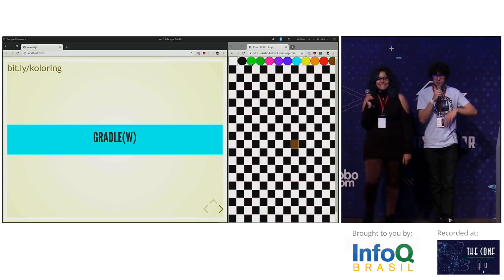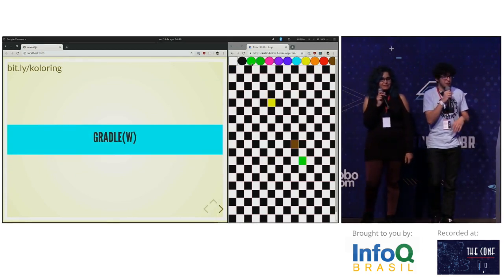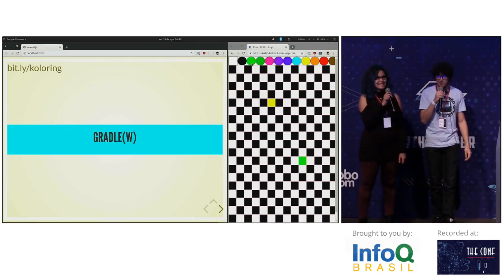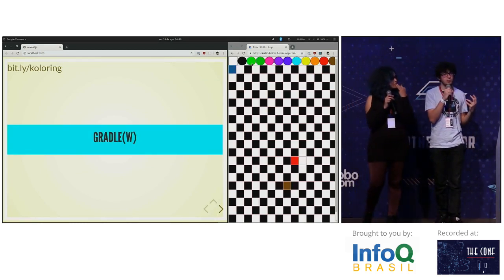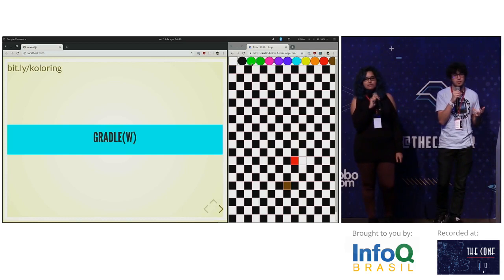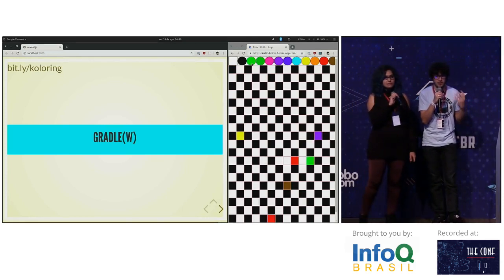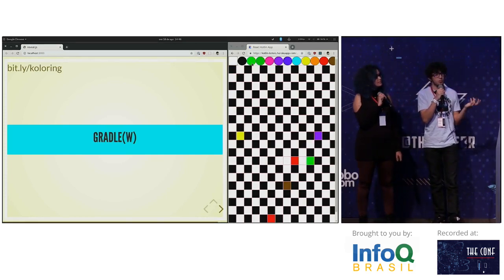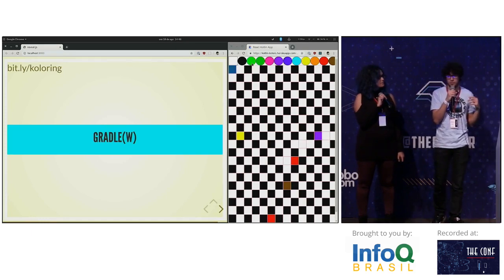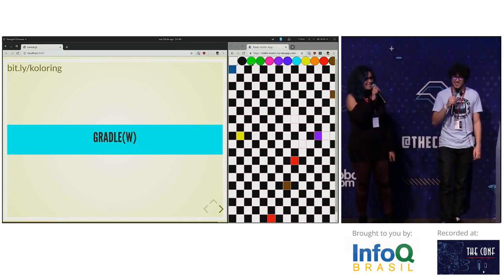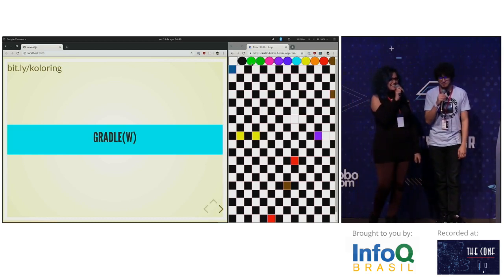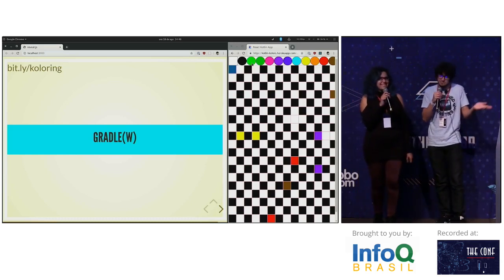Gradle or Gradlew, I never know which. I bet Java people also don't know that. But it really worked well with Kotlin as well. It was easy to set up the build of the backend, add dependencies, and make it work on Heroku. It was really like a breeze. It's hard to beat tasks in Gradle. We don't know how to do this, right? It wasn't very easy, but that's okay.